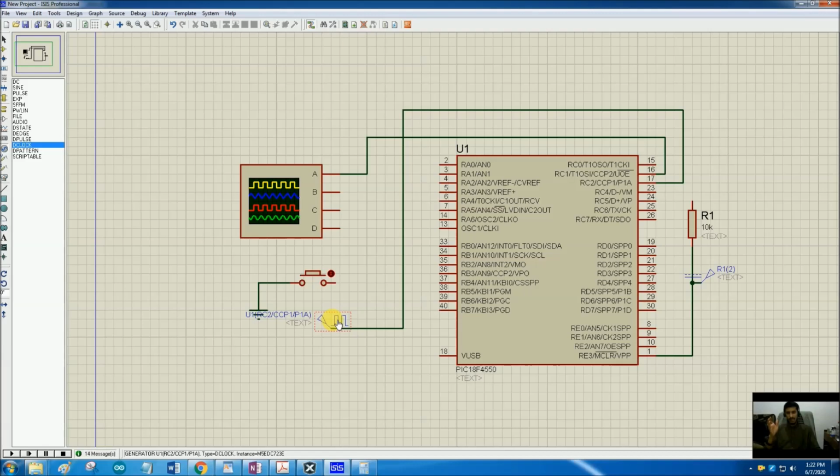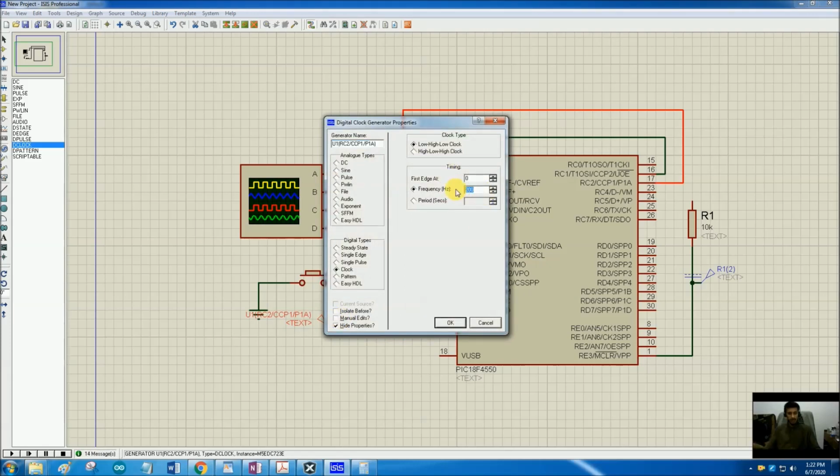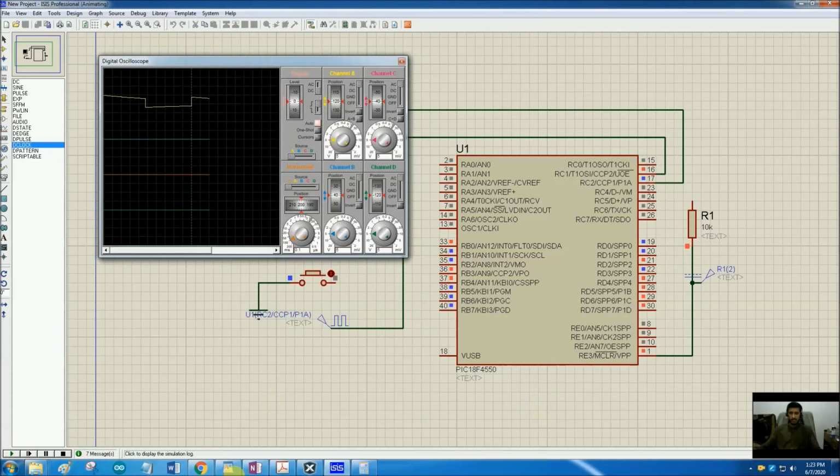So this means that we can count the minimum frequency of 16 Hertz using this method. So let's see, if we are using 16 Hertz, what happens. It may not give the desired results, but let's see what it does. So let's simulate it and let's see what is the value.